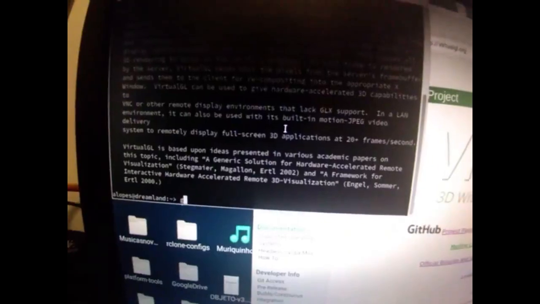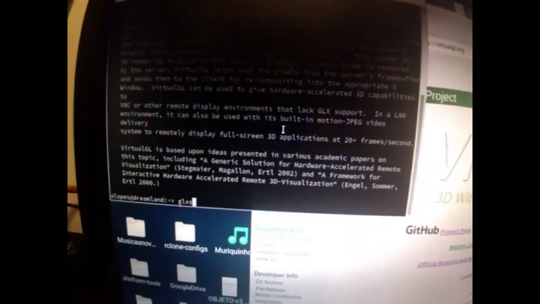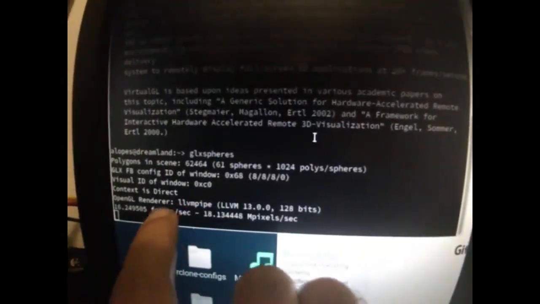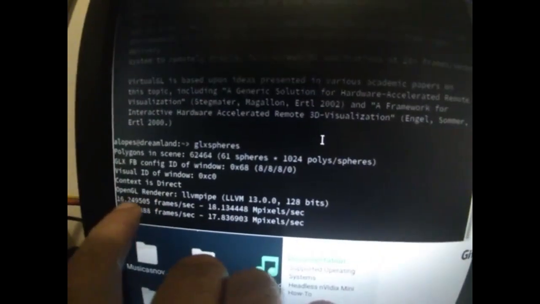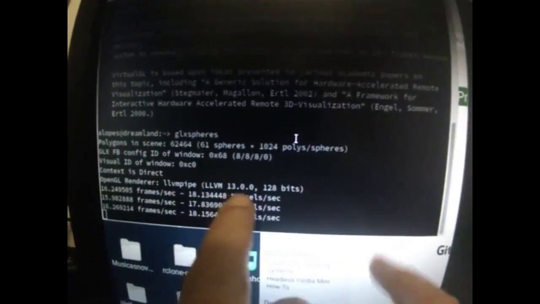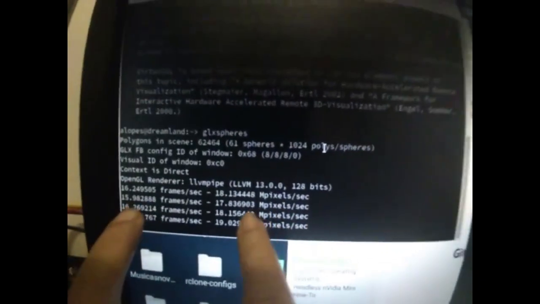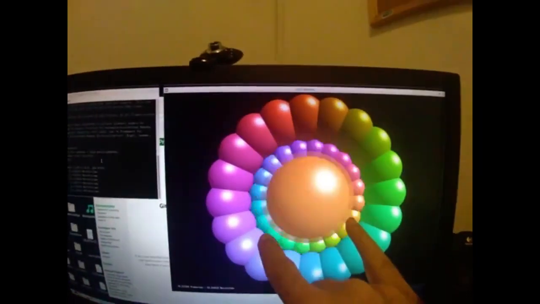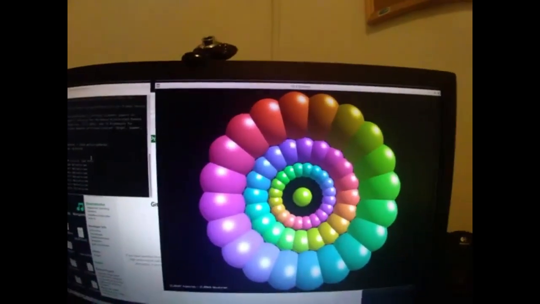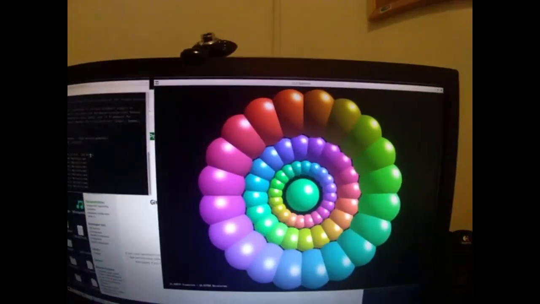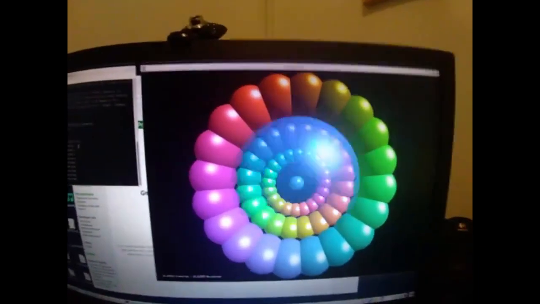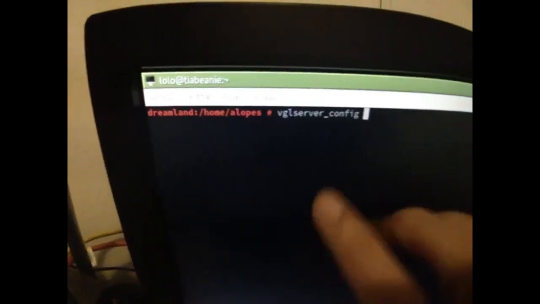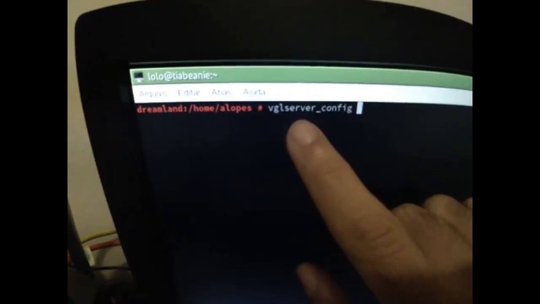So let me demonstrate it to you. If I run glxspheres, this renderer here is an OpenGL renderer and it's software. So you can see the low frame rates here, and if you see this screen here, it's very low. You can't play games like this, but by using VirtualGL here,